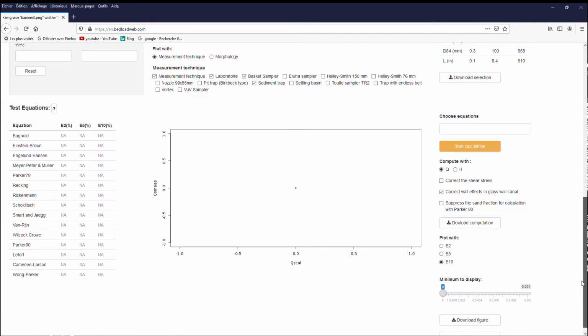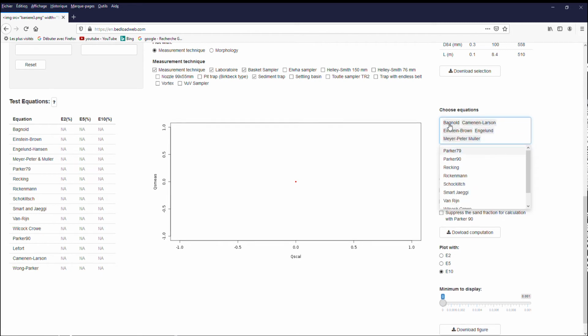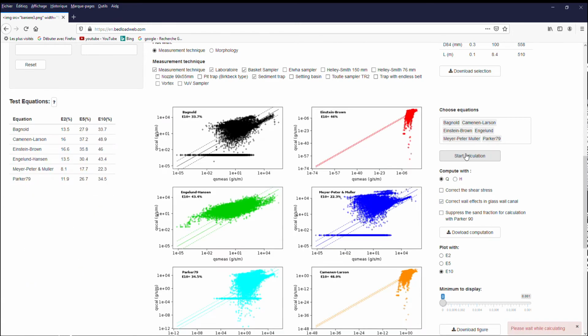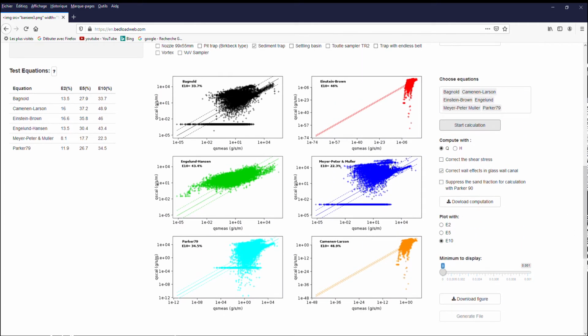Below this page, you have the possibility to test the equation on the selection. So you can choose different equations and do your calculation with different options also for the calculation. Start the calculation and you will have a graphical representation of the results of your calculation, as well as in the table different scores displayed with different envelopes. This last tool can be interesting, for instance,